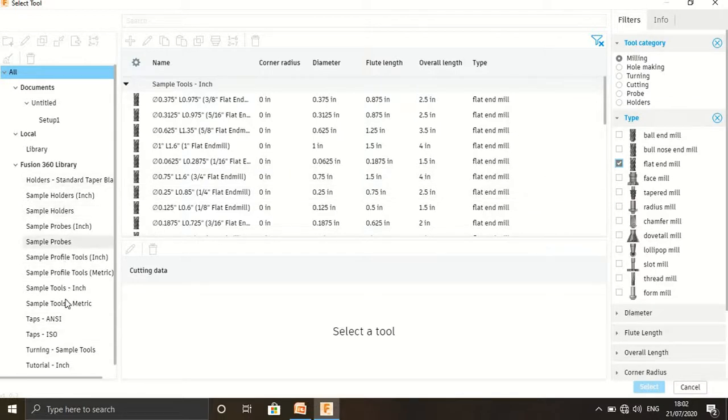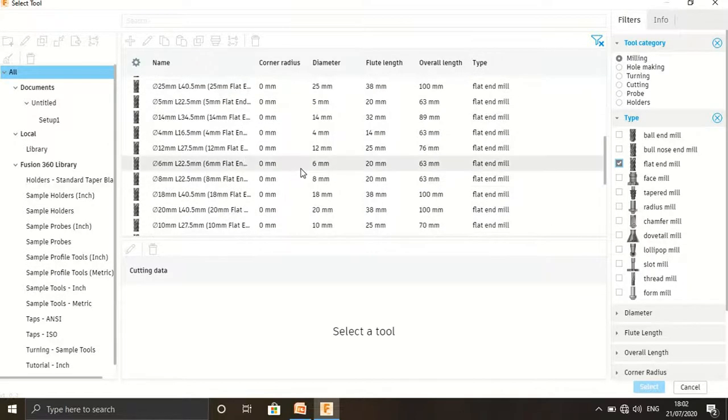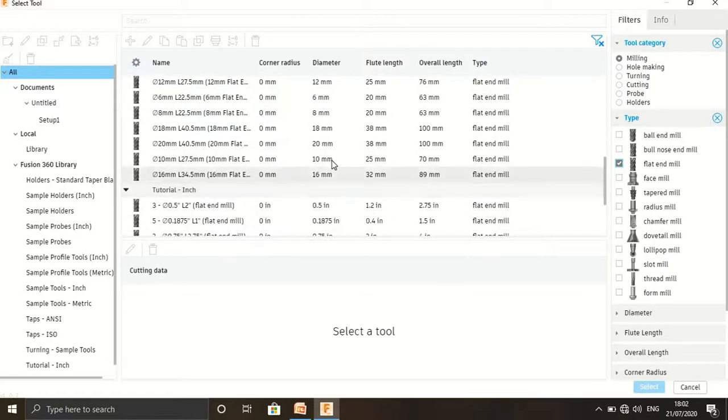In this, sample tools are available in metric and inch, and sample profile tools are available. So go through that and select the proper one; the depth is near about 10 mm. So overall length and diameter we can select. So 20 mm diameter, numbers of tools are available.